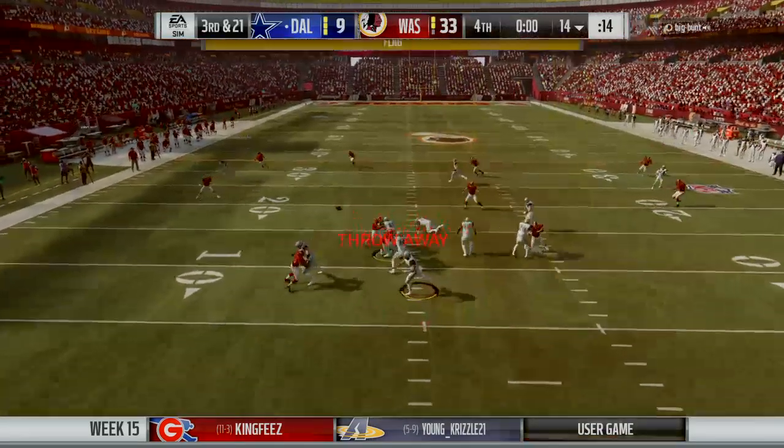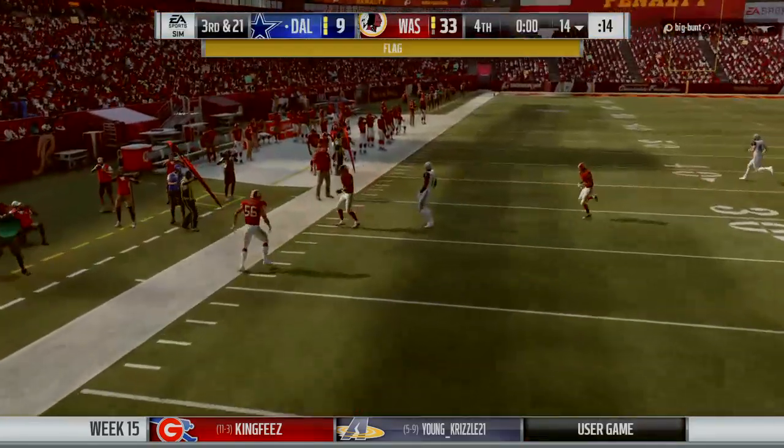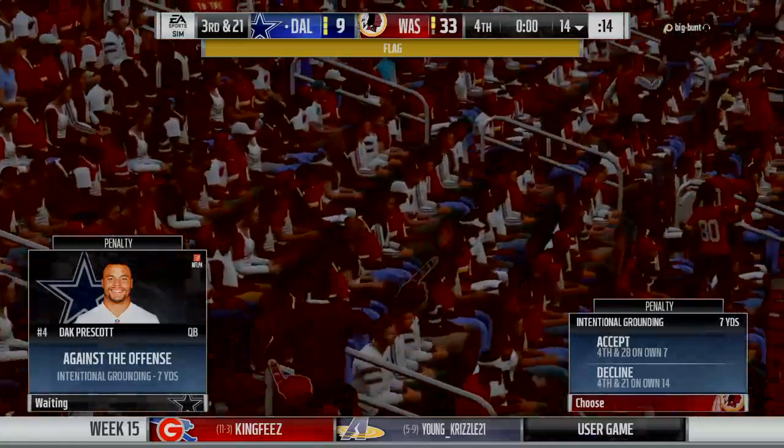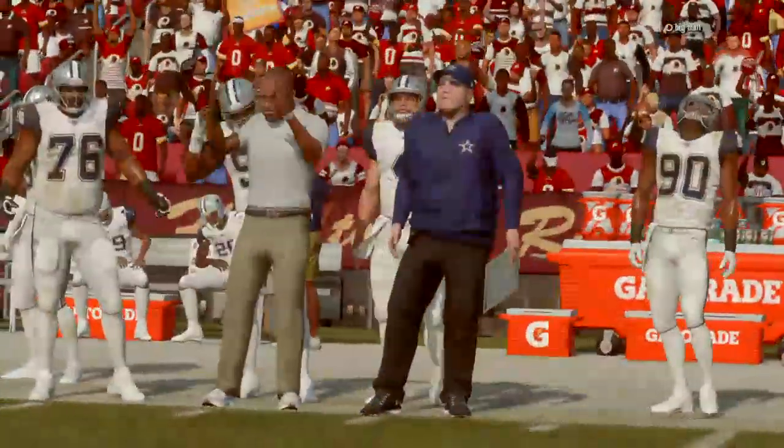One last shot now for Prescott. That's incomplete, but there is a flag down, so hang on. A big call coming on 3rd down. Now, if you're going to get rid of it, you better get outside the pocket. Yeah, you have to get outside of that